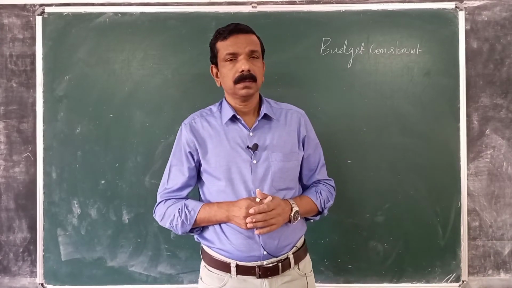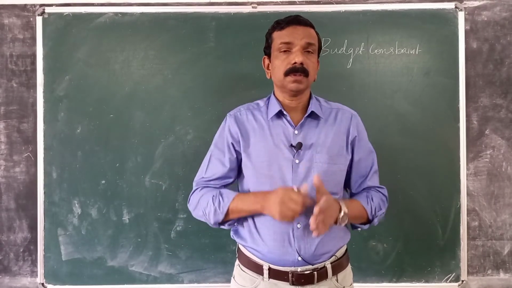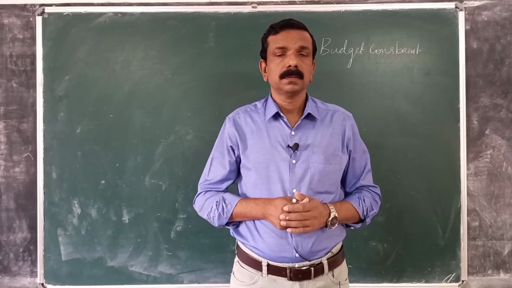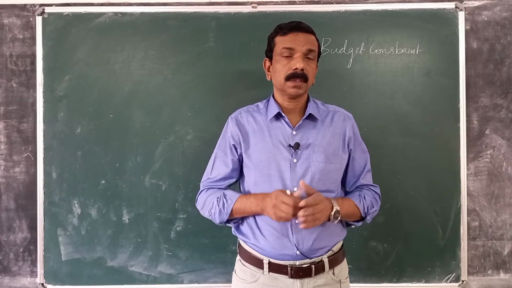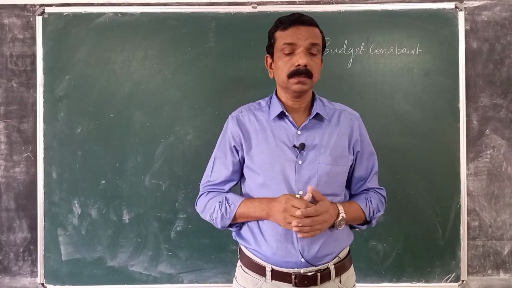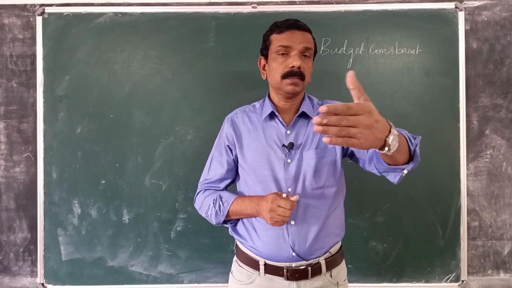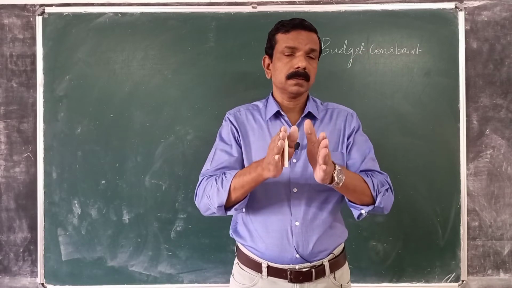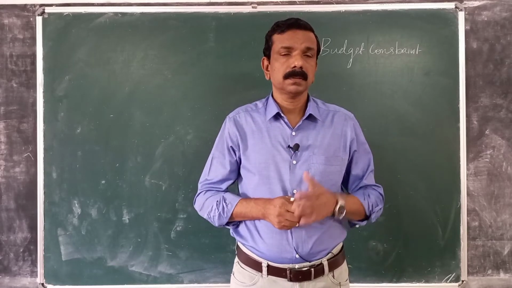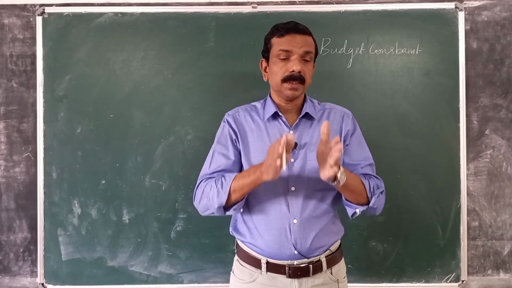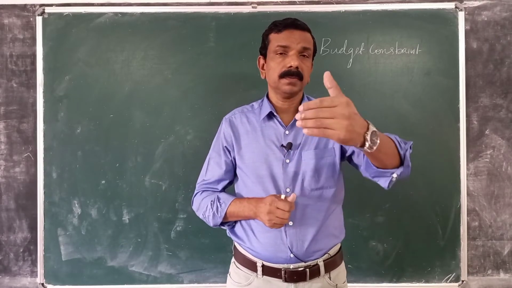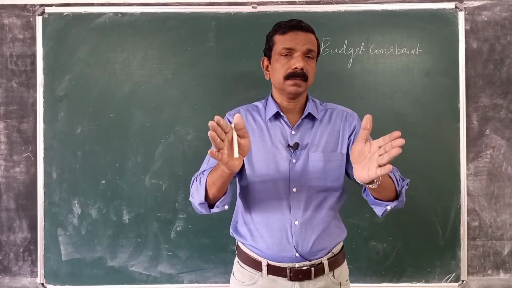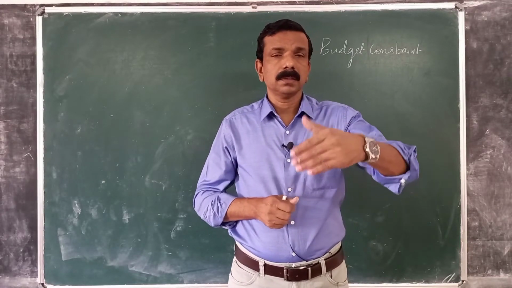given the prices of the commodities and also the income of the consumer. The consumer cannot maximize his utility by selecting any bundle as he wishes. He has to consider the prices of the commodities and also the limited money income available with him, acting as a constraint on the utility maximization.